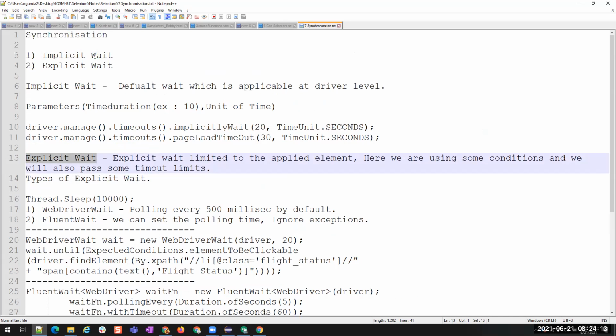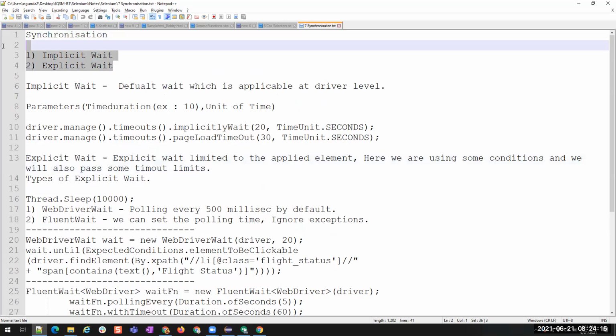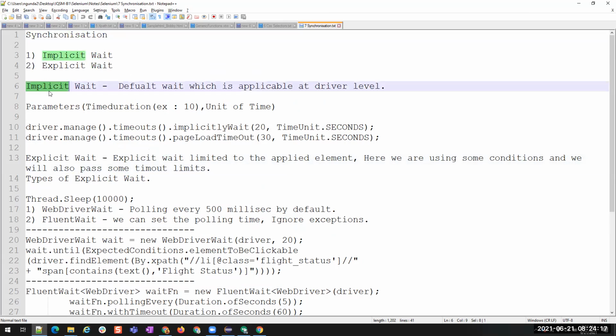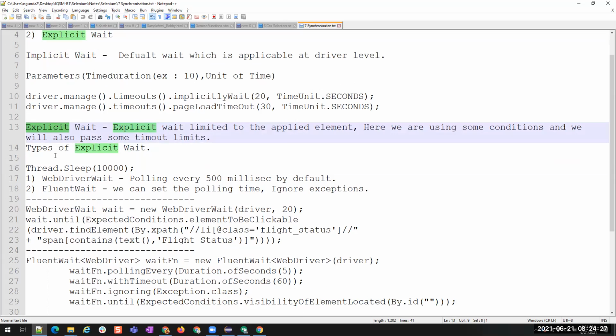Again, in synchronization we have two types, implicit and explicit, where implicit is default, applied at the driver level. Explicit is done by the user by applying some conditions. In explicit wait we have two different classes which support the synchronization concept. One is WebDriverWait and the other one is FluentWait. Understood?